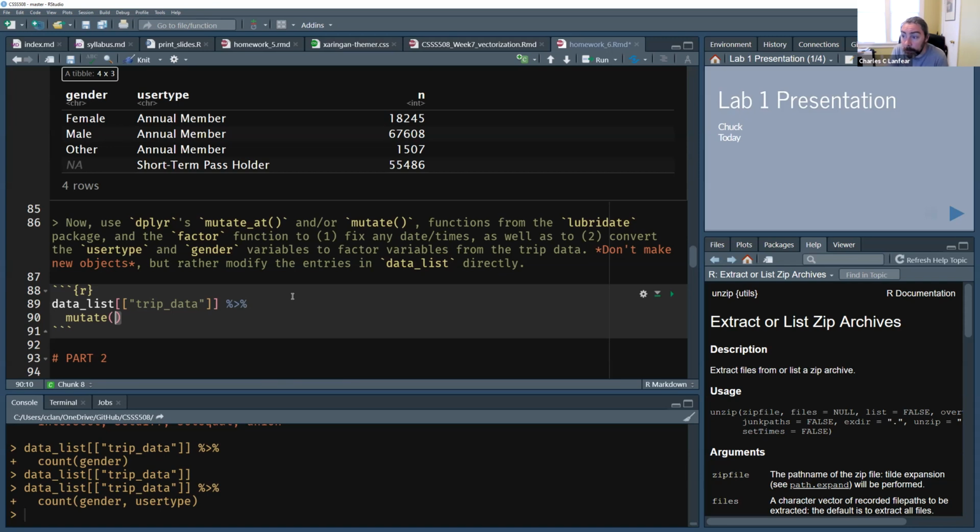Data comes first, but we've done that already. By piping in data list trip data, that's actually made it the first argument to mutate. So what's my next argument? What am I going to write here? What do we usually write in a mutate statement? Yeah, we write something like gender, right? We're going to modify the gender column. And so we're going to say gender